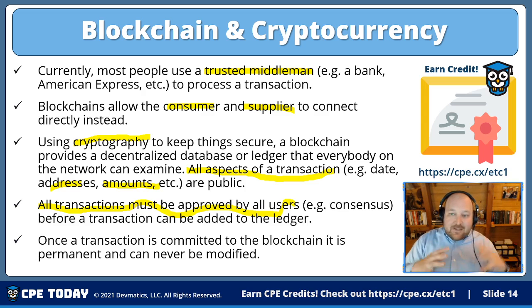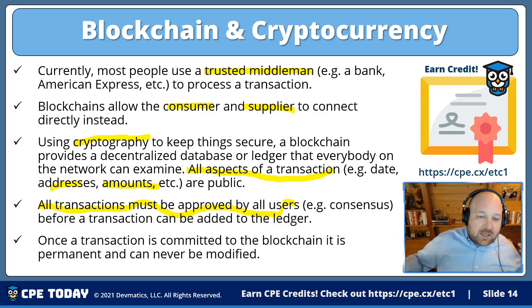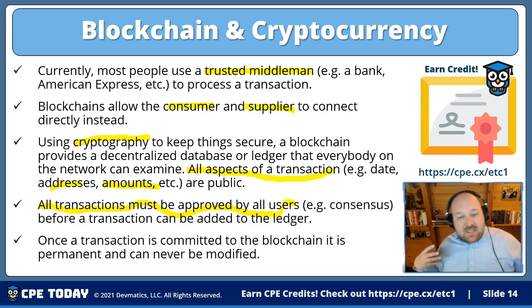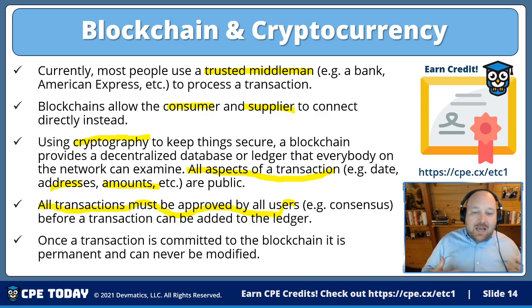Now, an important thing with public blockchains, and even private blockchains to a degree, is this idea of consensus. This is where a lot of people get confused with respect to blockchain. They just think, how is it fraud resistant? Well, it's this idea of a consensus protocol: in order for a transaction to be added to the blockchain, it has to be correct.